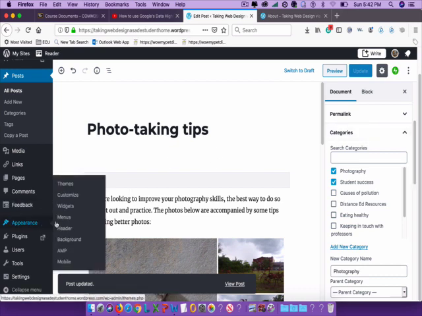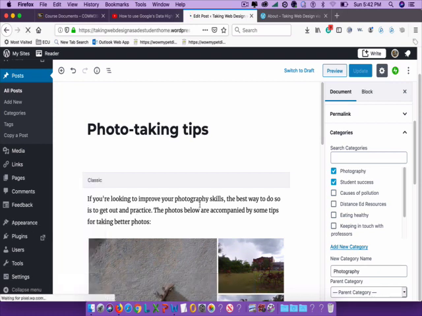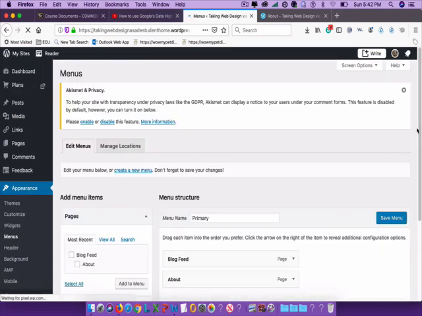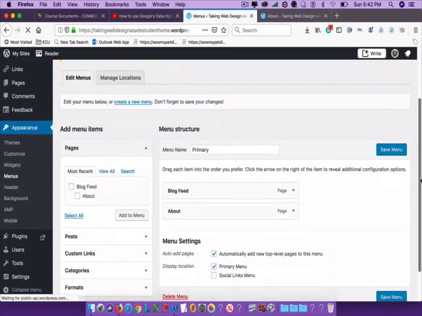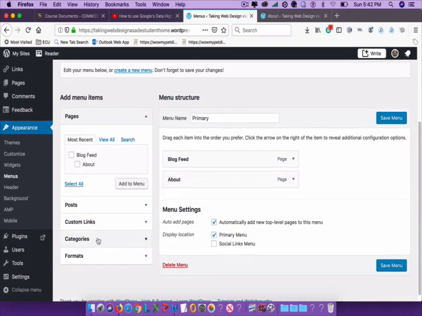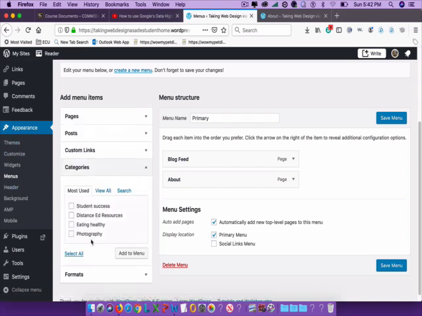So I'm going to go instead to menus. This is the next step you would need if you want to add a category to your menu. Sometimes categories are just a way of keeping things categorized, but sometimes you can use them in your navigation. So what I did is I went to Appearance and then Menus, and I'm going to go to Category here and look at my categories. Sometimes you might not see all of your categories. If you do a search for it, it will usually come up if you don't see it originally. So I'm going to click on Add to Menu,